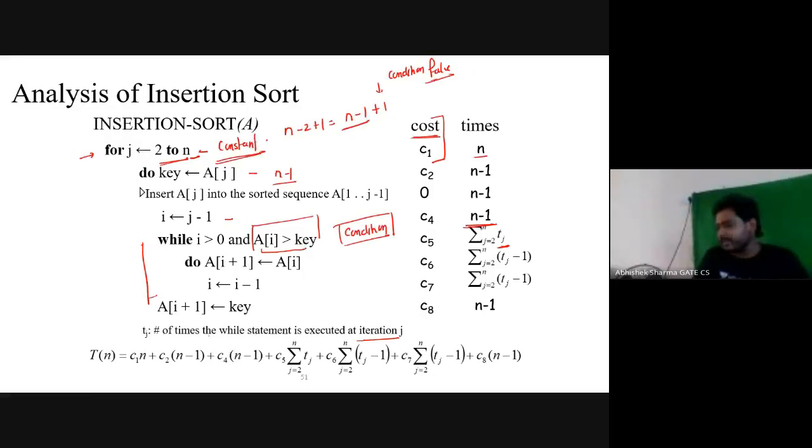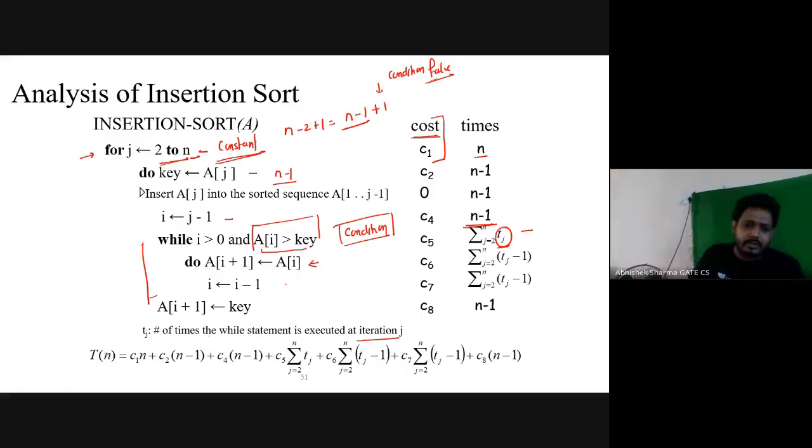But this while loop is going to run how many times depends upon the condition part. Hence 2 to n it is writing, because this is the number of times the while loop will execute. j minus 1, anything inside, definitely one time greater, and this is a of n.